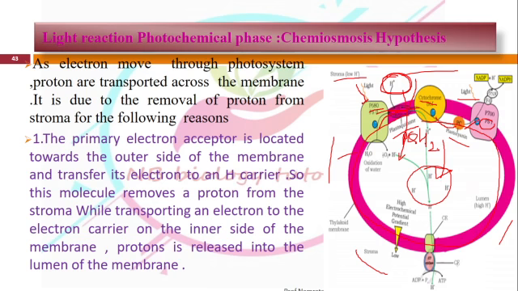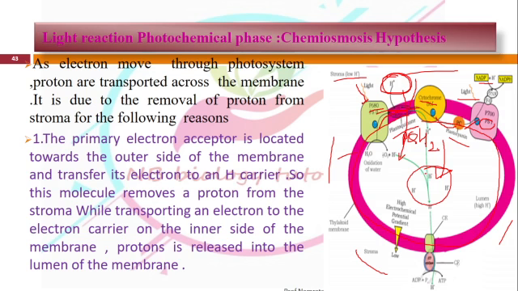The photosystem accepts the electron as well as the light, which comes in the form of photons. Due to the acceptance of the light energy, it emits an electron. The emitted electron is accepted by the ferredoxin reducing substance, and from the ferredoxin, the electron is accepted by NADP. The result is the formation of NADPH2.